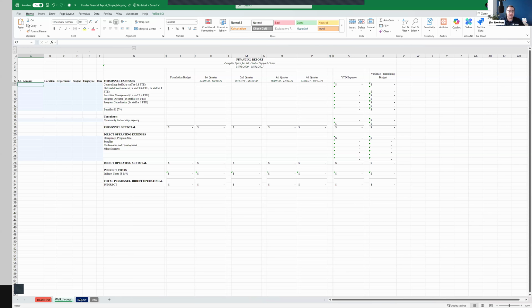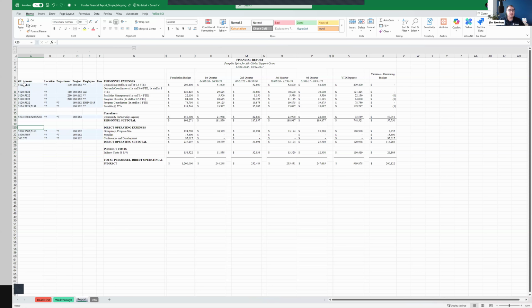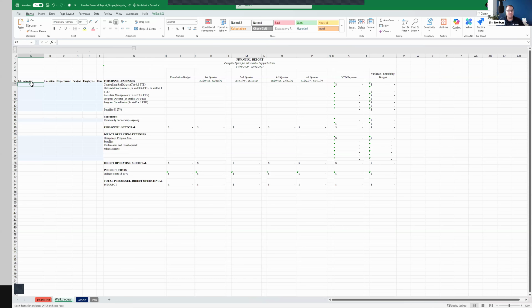And I've got a completed example here off to the side. So I'm going to take this and copy and paste it, and then we'll talk a little bit about how I built this and why it's helpful. Okay. So let's say, for example, that I've got personnel expenses and I've got my counseling staff, right?